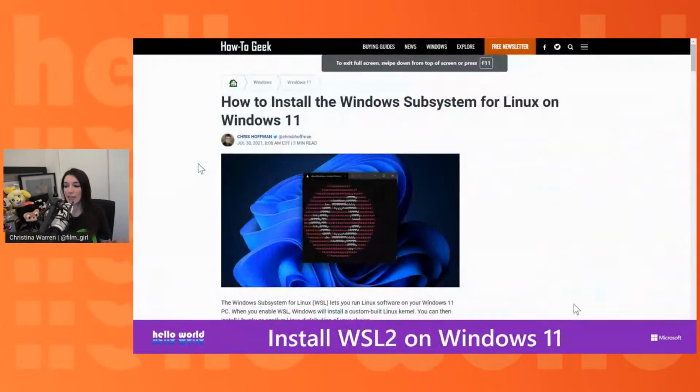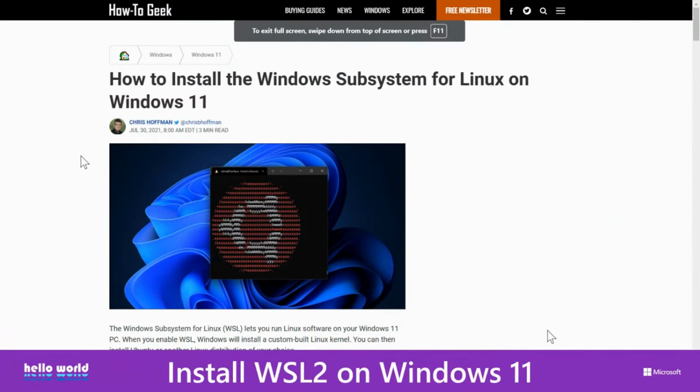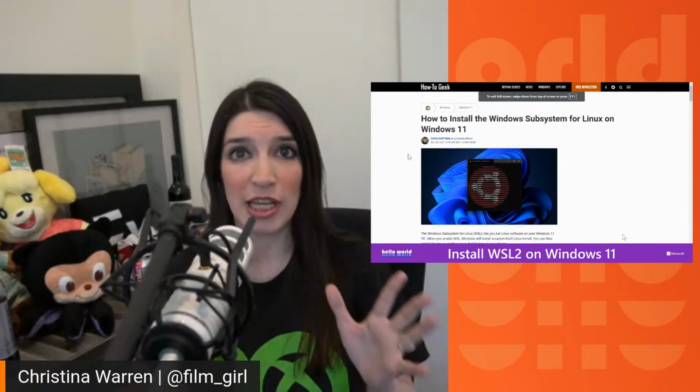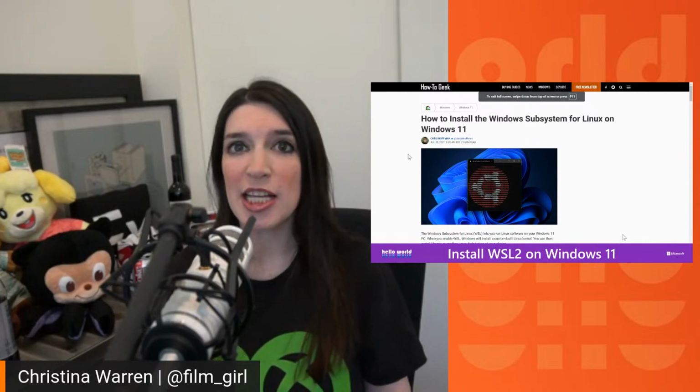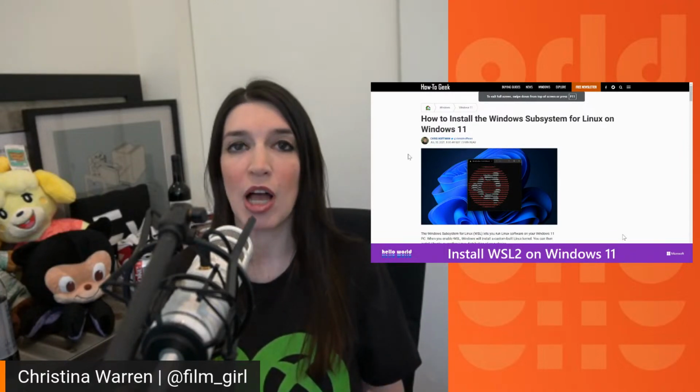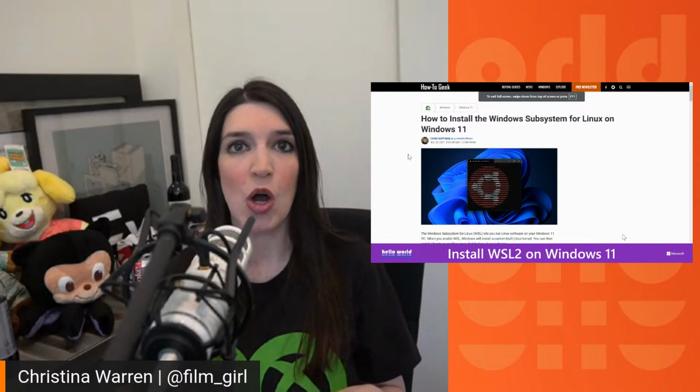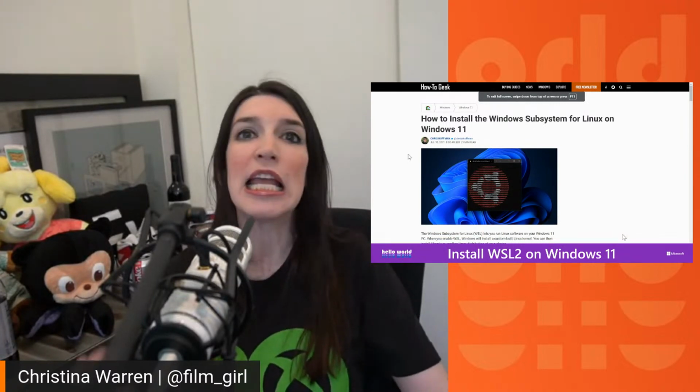So the first thing, this is one of my favorite things. Out of the box in Windows 11, Windows Terminal is pre-installed, which is awesome. In the past, you had to go to the Microsoft Store or GitHub to get it, but now it's pre-installed. And because of that, they've made it even easier to enable Windows Subsystem for Linux, or WSL2, within Windows 11. You just have to type in wsl --install in whatever command prompt you want, and it installs it.